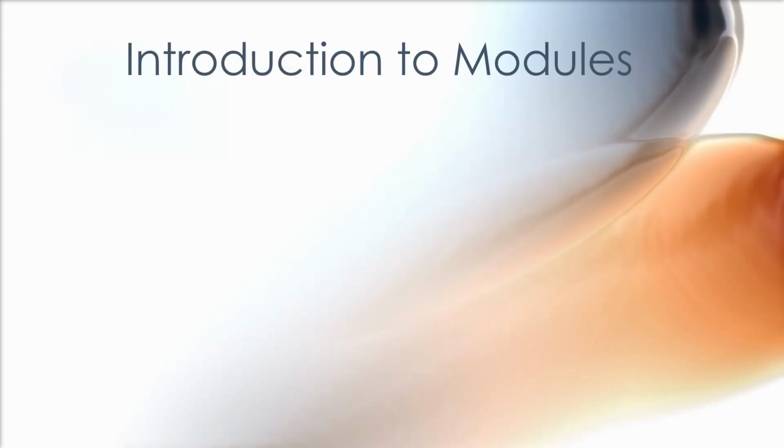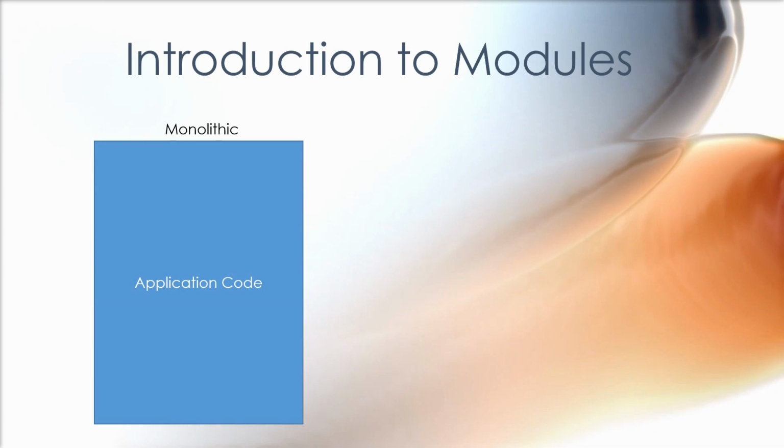Before explaining what Angular modules are, let us first understand the different architecture approaches that we take for building applications. Traditionally, for older applications, we used a monolithic architecture. What does a monolithic architecture mean? It means every piece of code that you write in your application follows a bottom-up approach and all the parts of your application are closely coupled. Maybe their functionality is different, but they are so interrelated that a change in one module or one section of your code might affect the other section of the code.